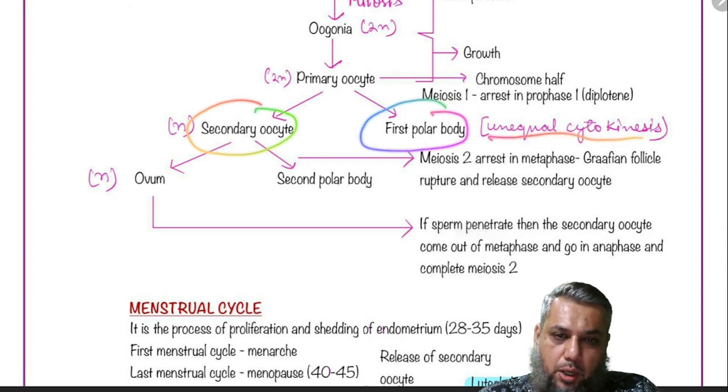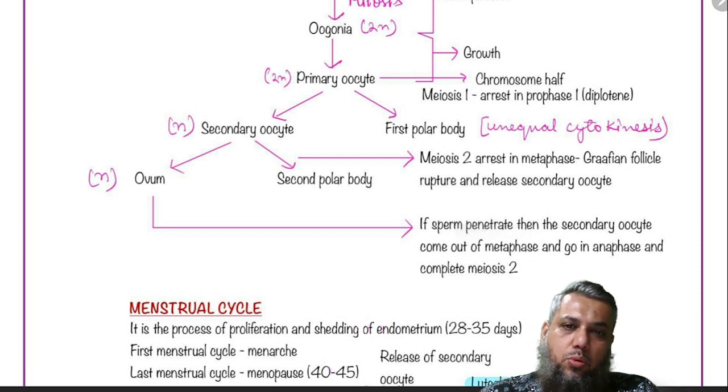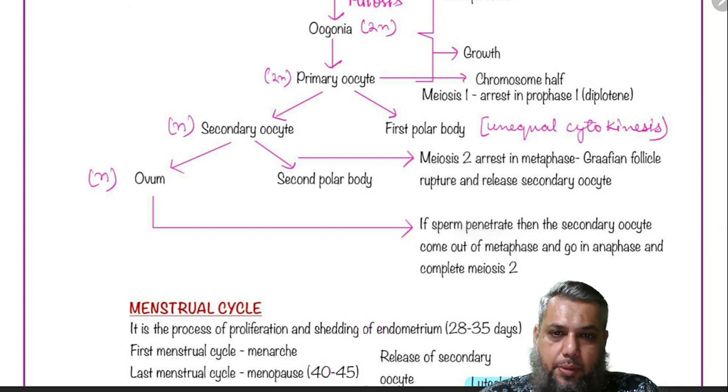It's an unequal cytokinesis. छोटी body को हम बोलते हैं first polar body, and the larger is the secondary oocyte. And now the secondary oocyte is also arrested in metaphase 2 of meiosis 2. Now the Graafian follicle will rupture, secondary oocyte will be released. अब दो पॉसिबिलिटी है, फर्टिलाइजेशन नहीं होगा तो सेकेंडरी oocyte will be dead. लेकिन अगर फर्टिलाइजेशन हो गया, मतलब स्पर्म एंट्री के बाद ये सेकेंडरी oocyte अपना meiosis 2 कंप्लीट करेगा,